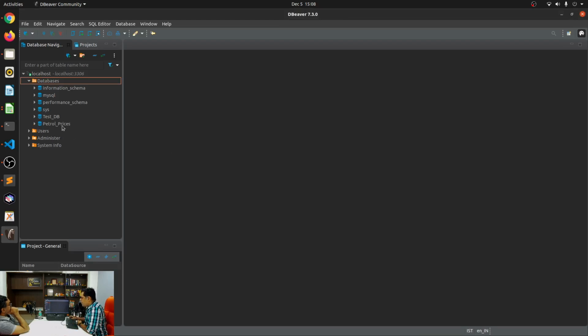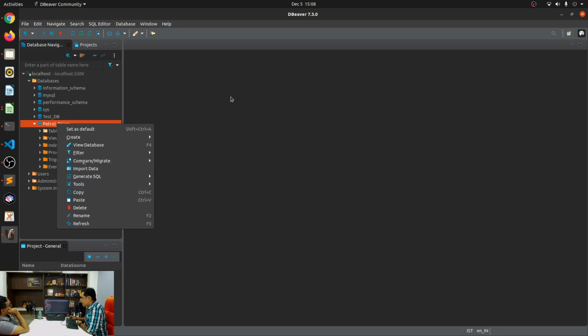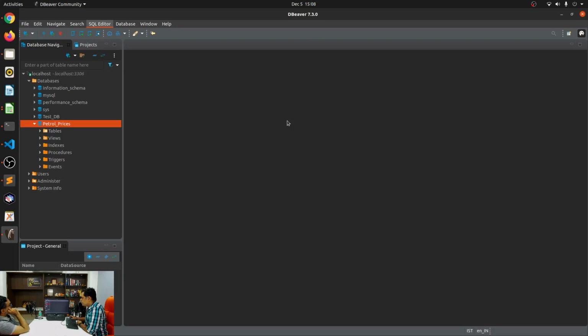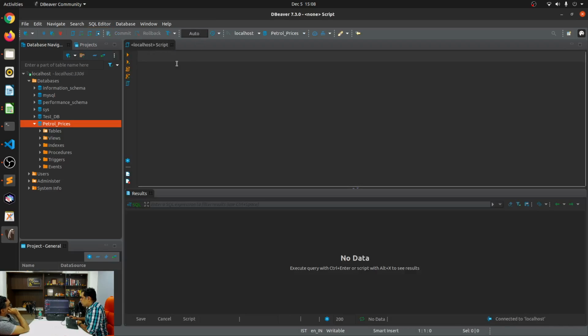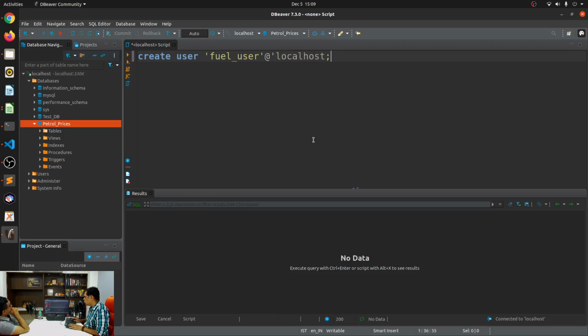Once I've done that, let me create a new query. Which database does this use? Oh yeah, it is using the database petrol prices. Let me create a user for this database. How do I create a user in MySQL? Do you remember? It is create user. I'm going to call this fuel_user at localhost